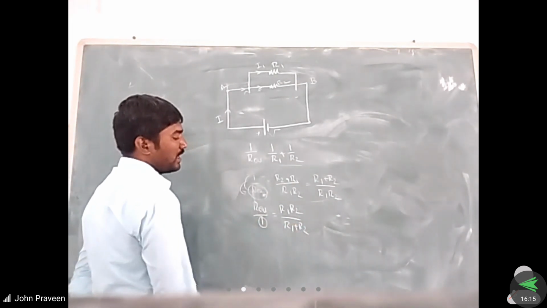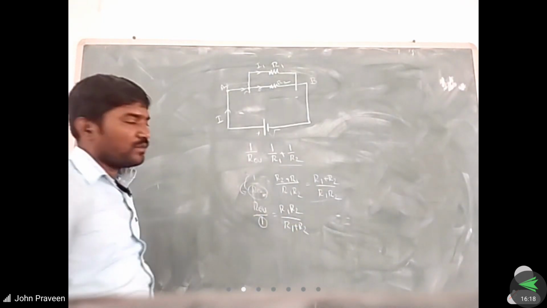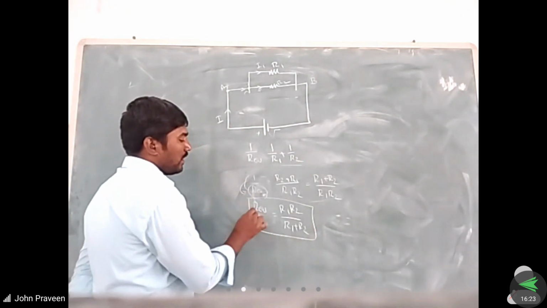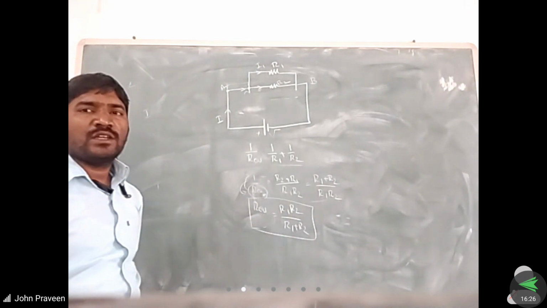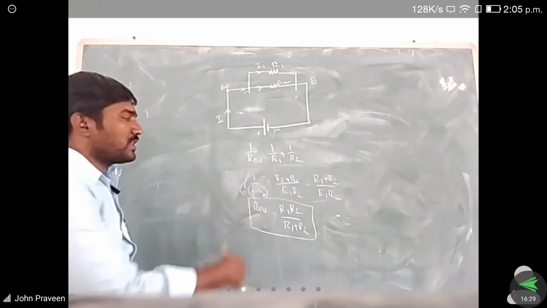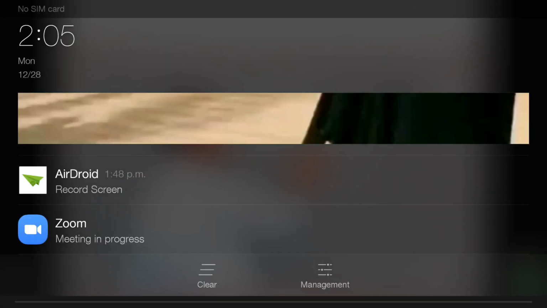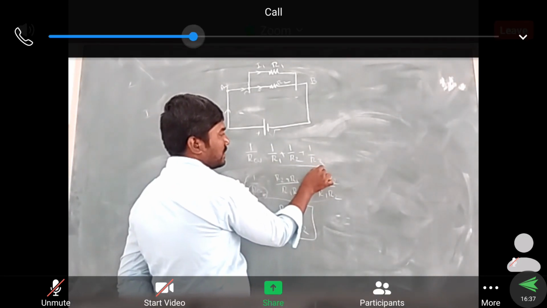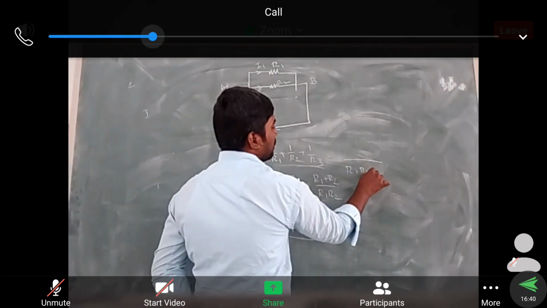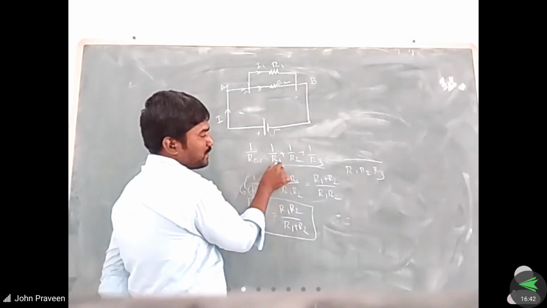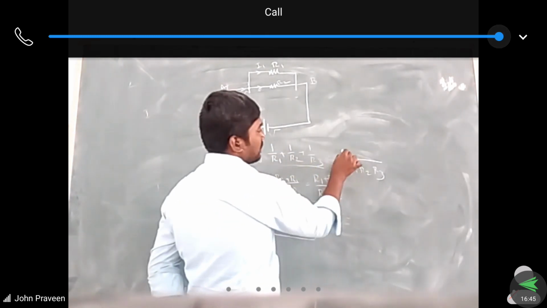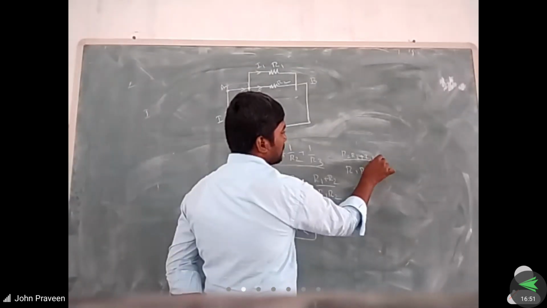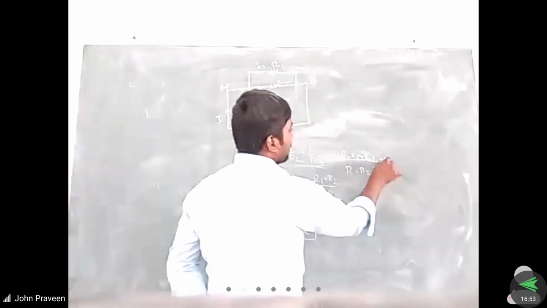Since there is nothing in the denominator except 1, we just remove the 1 from this equation. So R equivalent is equal to R1 R2 by R1 plus R2. For 2 resistors, we use this formula directly. Suppose there are 3 resistors, so then we have 1 by R3 also. What LCM do we get here? R1 R2 R3 as the LCM. In the numerator, where R1 is present, the rest are R2 and R3, so R2 R3, plus where R2 is present, R1 and R3 are absent. So in this R1 and R2 is